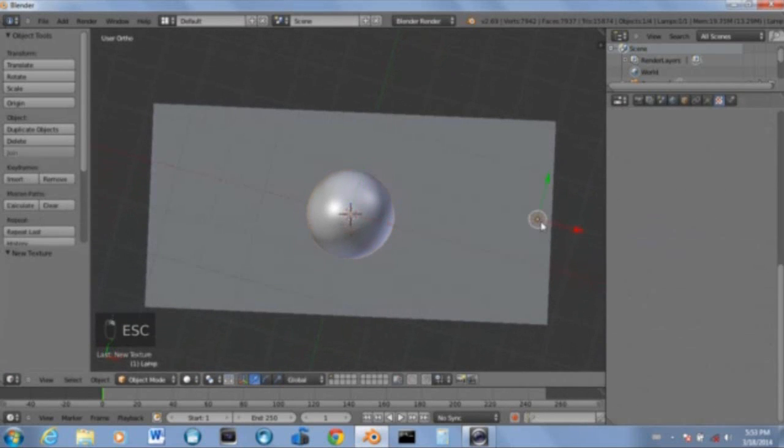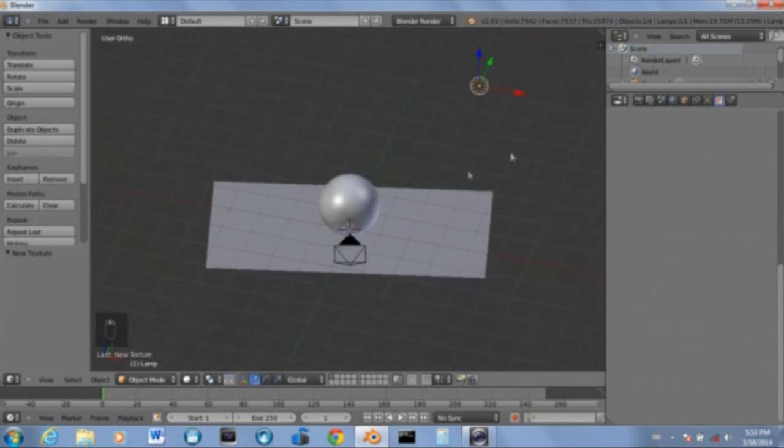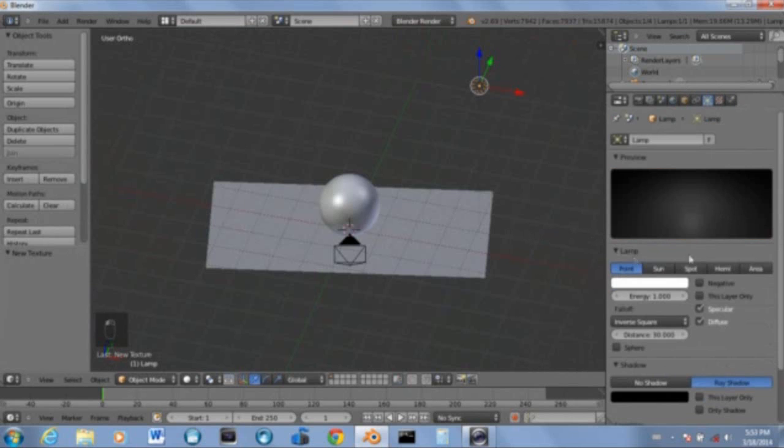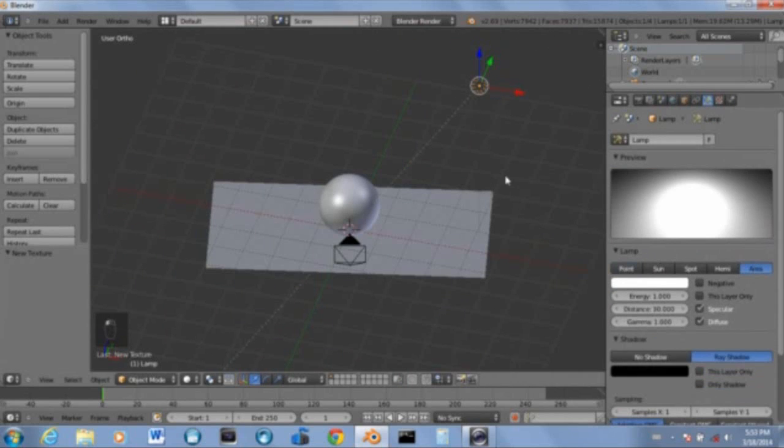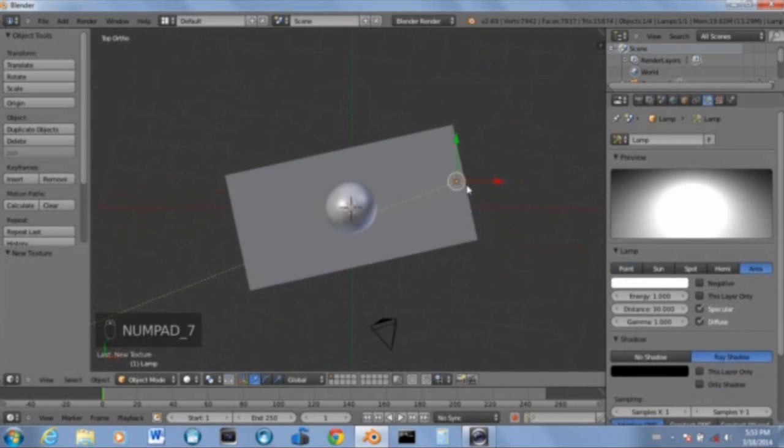Pretty much just click on the light if you haven't already deleted it, and go to the lamp panel, and hit area. So this is an area lamp. I'm going to drag it over a little bit,